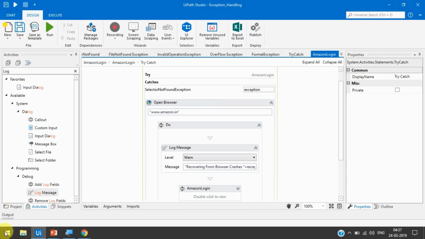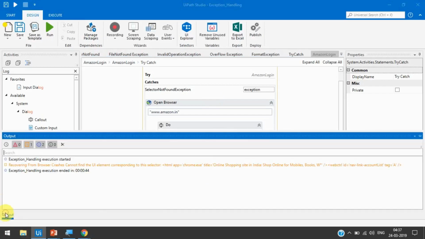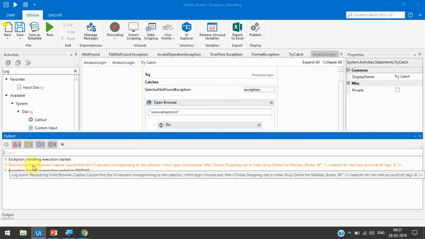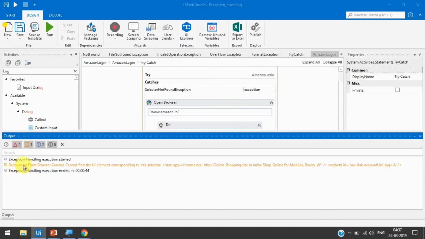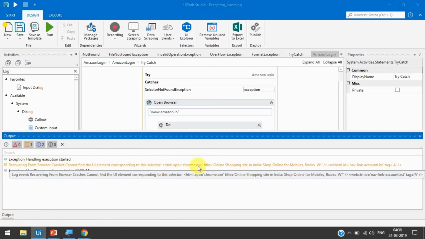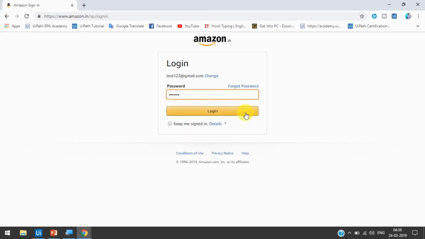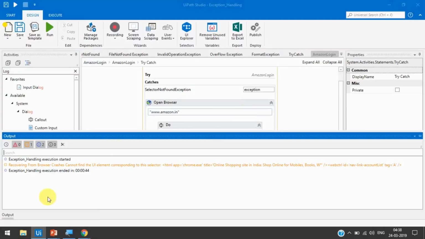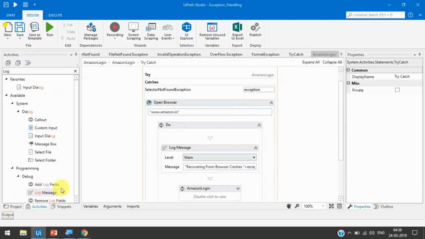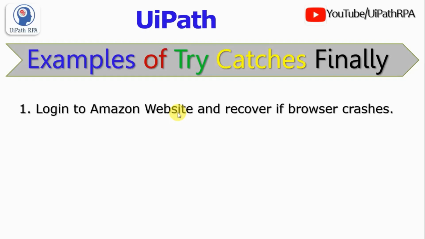Now if you look in the output section, you are getting an error: first, exception handling execution started; second, the error log has been logged here in the output, recovering from browser crashes, cannot find the UI element corresponding to this selector. It means we got that error, and after that we completed the same steps. It means we recovered from the browser crashes.